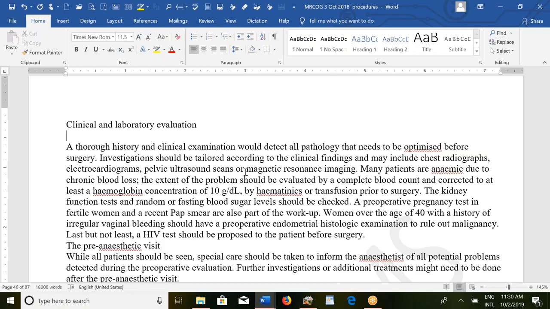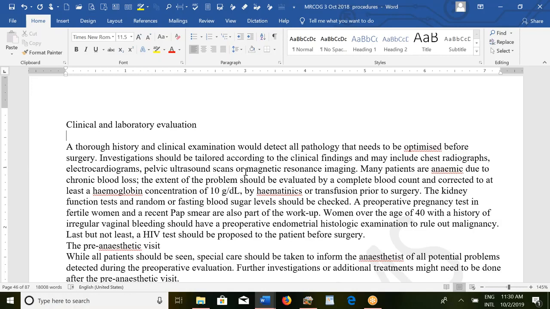and what should be your surgical field, and how much area is involved. So it will help you in planning, in identifying the pathology and choosing the correct approach. Many patients are anemic if they are having chronic blood loss, like in cases of heavy menstrual bleeding. So the extent of the problem should be evaluated by a complete blood count and corrected to at least a hemoglobin concentration of 10 grams per deciliter,